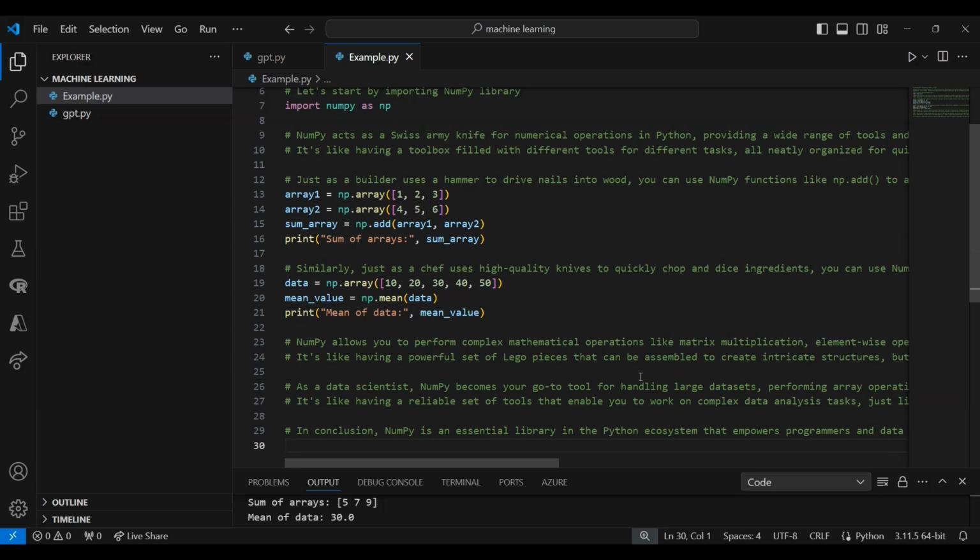Overall, Numpy's versatility and performance make it a fundamental component in various industrial applications, empowering professionals across different sectors to tackle complex data